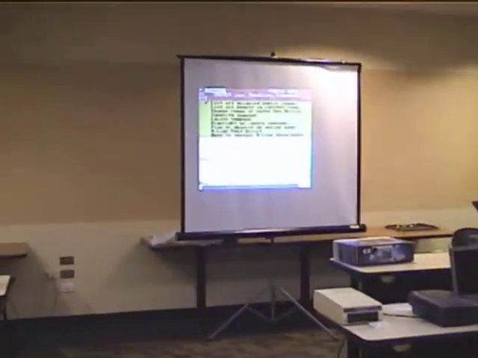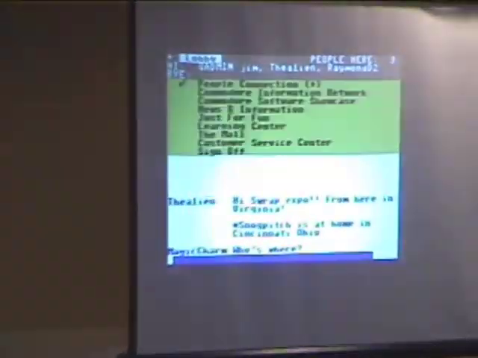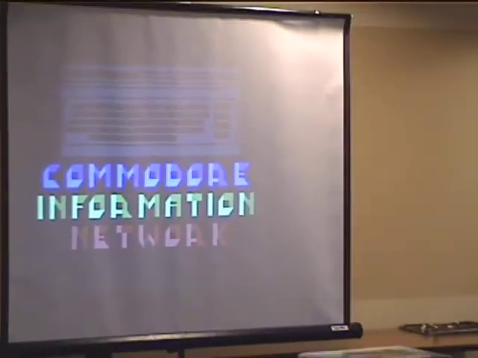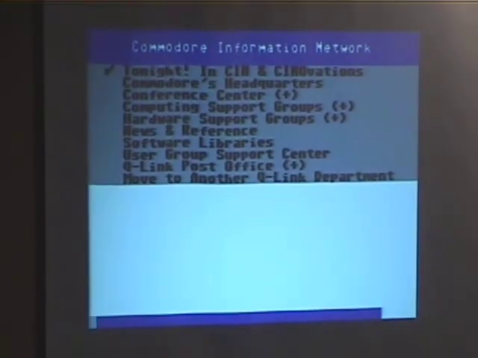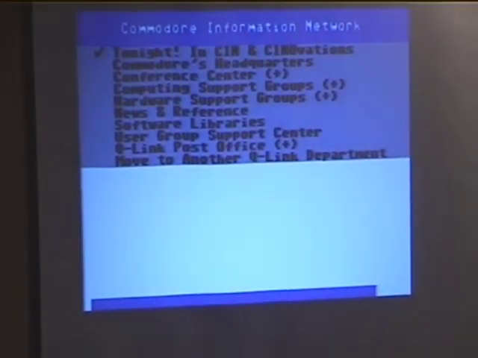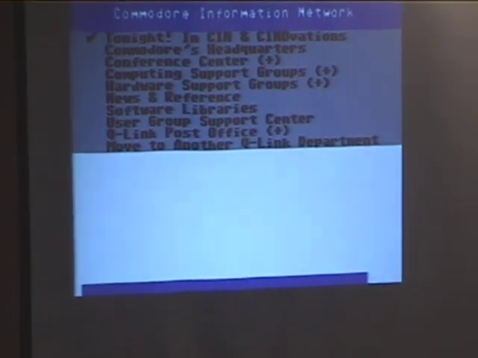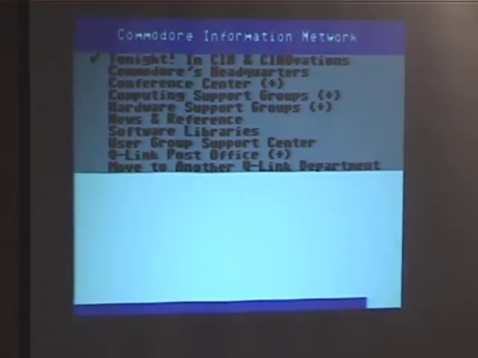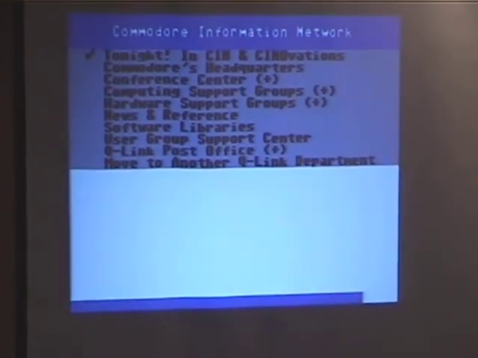Okay, so I'm going to go to the menu system. Here are the menus. A lot of the information that we gleaned from the menu structures was extracted from the traces that Raymond gave us. So a lot of the information you're going to see was directly lifted from a May 15th, 1990 session that Ray had on Q-Link. All the menus were extracted from that session as well.